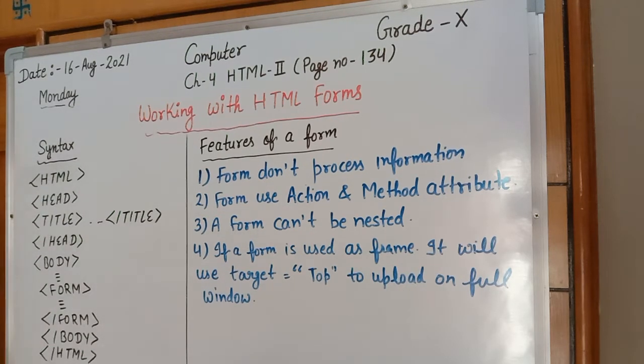For designing a form in HTML, we will use the general format. We will start with the HTML tag, then we will go to the head tag. After head, title will start. We will write something in title and we will get it closed. After title, head will be closed. After head, the body tag will start. We will write some part in the body tag. In the body tag, the form will be designed. It means form is a sub tag of body. It will be written in the body tag. In the form, we will make different attributes whatever we want to do. Afterward, form will be closed. Then body will close, and finally HTML will be closed.